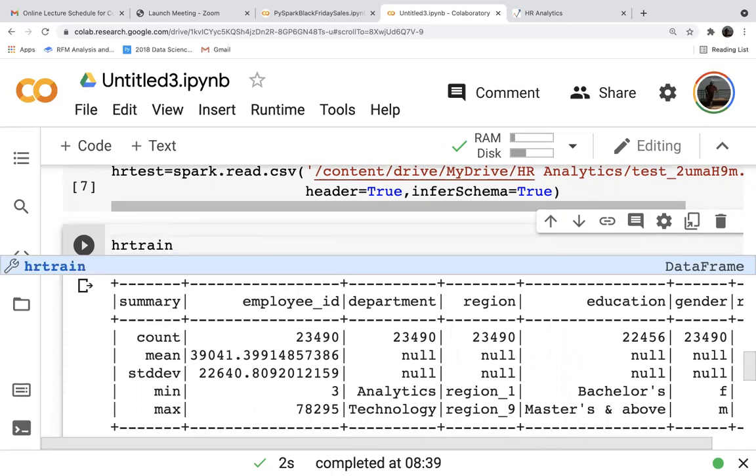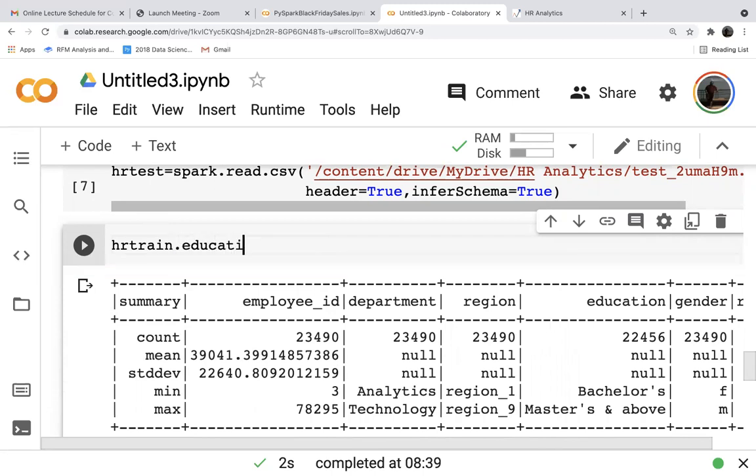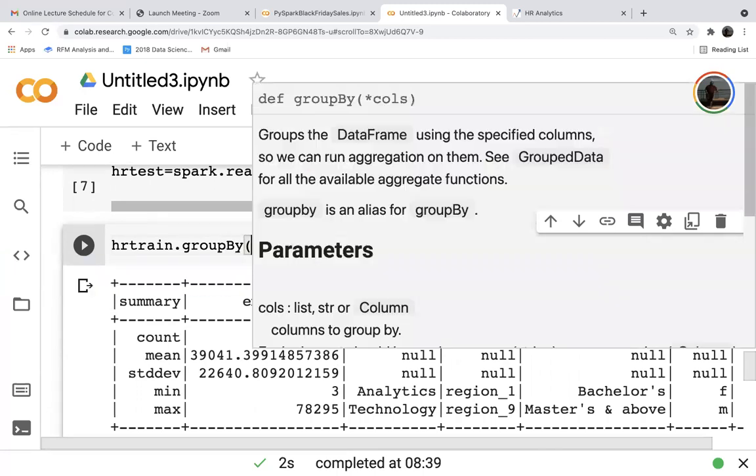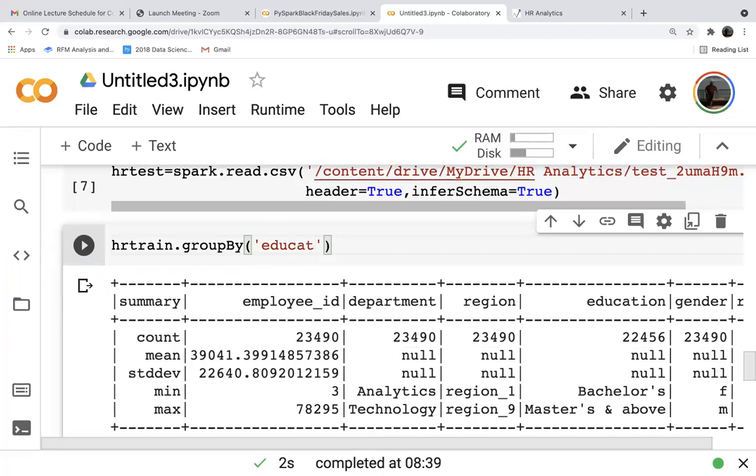So HR train.education: HR train.groupBy('education').count().show.